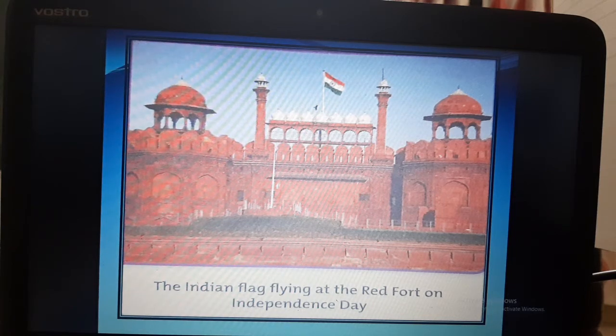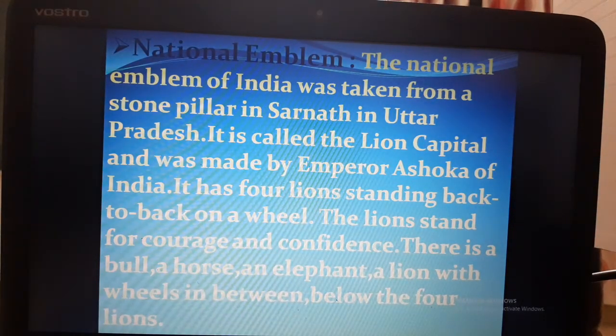Next, the national symbol is the national emblem. The national emblem of India was taken from a stone pillar in Sarnath in Uttar Pradesh. It is called the Lion Capital and was made by Emperor Ashoka of India. It has four lions standing back to back on a wheel.